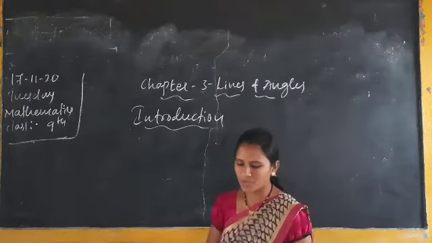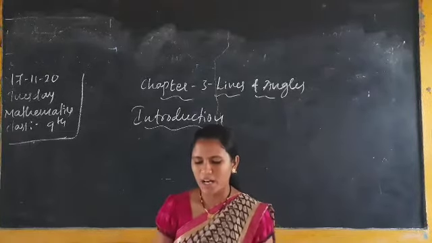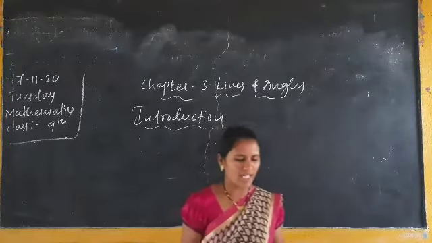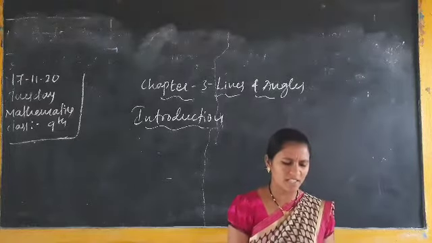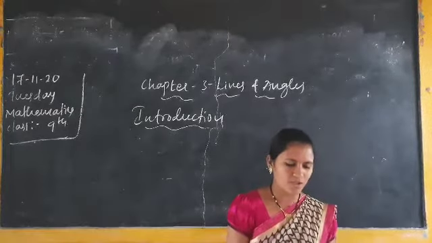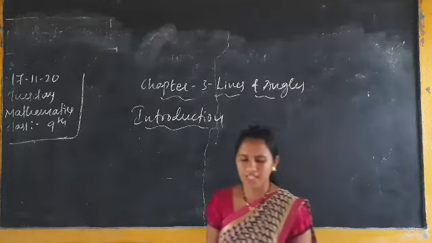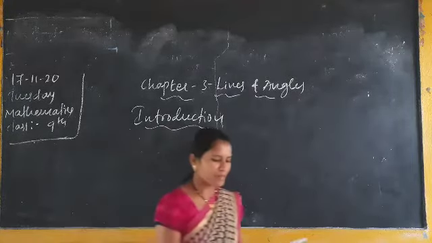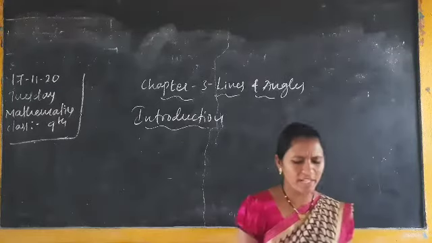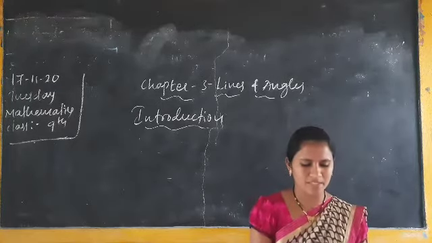In chapter 2 you studied that a minimum of 2 points are required to draw a line. How you draw a line, point, and ray, all these you learned in chapter 2, Axioms and Postulates. You already know the definition of axioms and also postulates. With the help of these axioms, you proved some other statements.